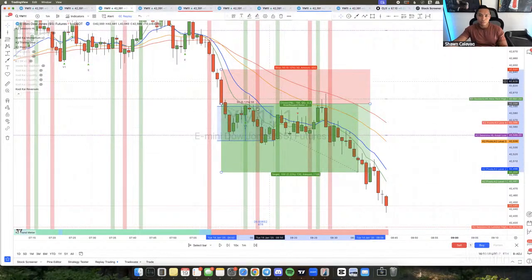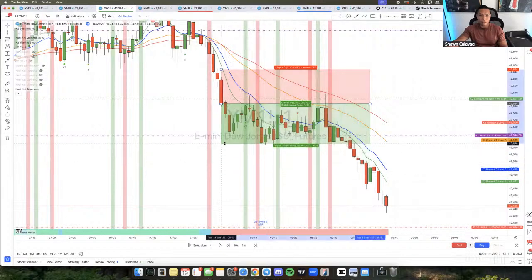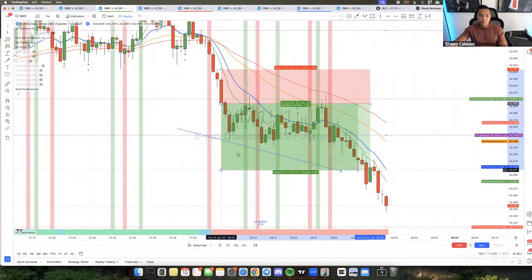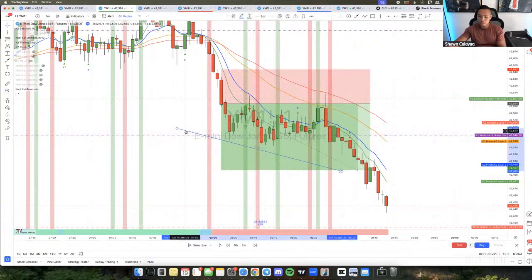Before, I was trying to go for 100 points each way, but then I actually got stopped out and I was in profit. It was so annoying because I was like, man, I can't believe I was in profit like 7,500. Instead of taking profit down here, I wanted to go to pass because obviously I was going for that 20,000 mark. But it retraced here and I ended up blowing the account. Well, I didn't blow the account, but they violated the rule. So you just got to keep that in mind, guys, as well.